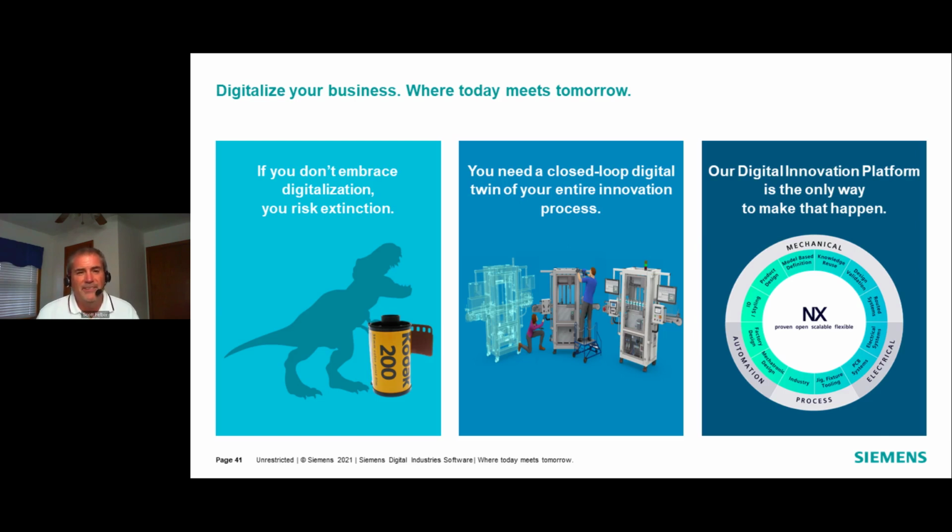What happens to companies that fail to embrace digitalization? They fall behind the fast pace of technology disruptions that can make products and businesses obsolete. We can help you digitalize your business to realize product innovation by bringing together your entire product innovation process, people, information across departments and disciplines, including your partners and suppliers.